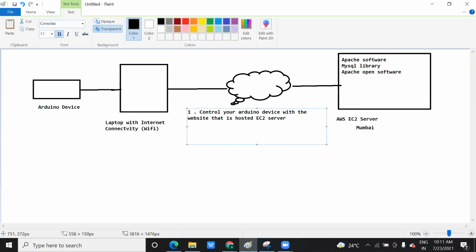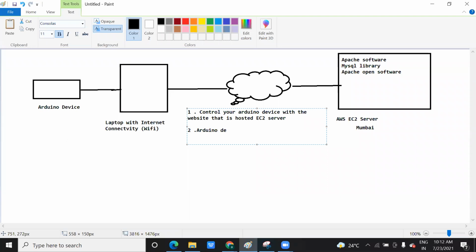The next thing you have to do is this: the Arduino device is going to transmit data to this website. Whatever message you transmit from this Arduino device when you connect with the network, you can see on the website.